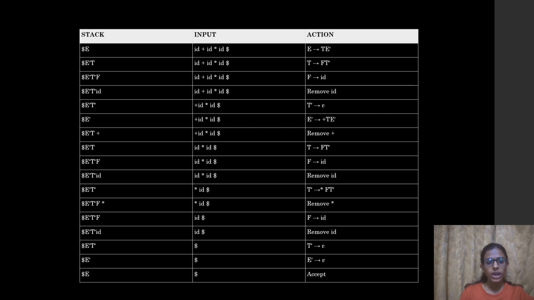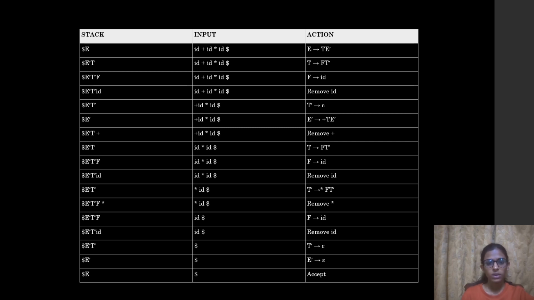Initially we have stack, input and action. In the stack we already have dollar E, where dollar is the end symbol, and in the input we have the string id plus id star id dollar. Since we have E, we start with E gives TE'. In the stack we place it in reverse order: dollar E' T, with input id plus id star id dollar, and the action T gives FT'. We again place it in reverse order: dollar E' T' F, with the same input, and F gives id. In the next step